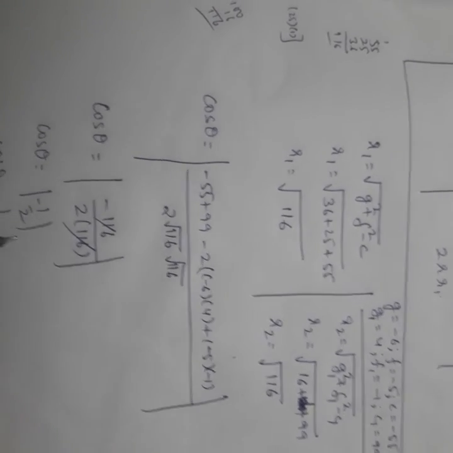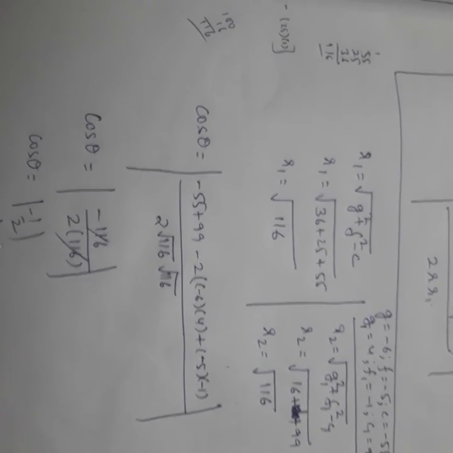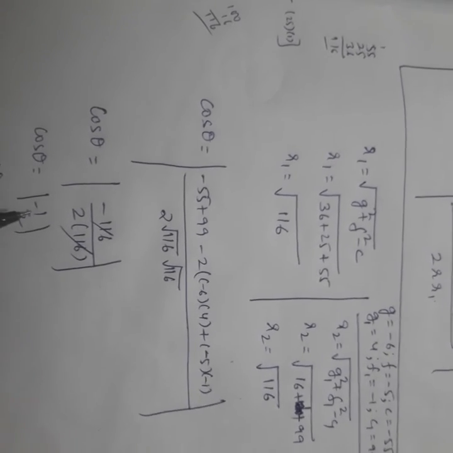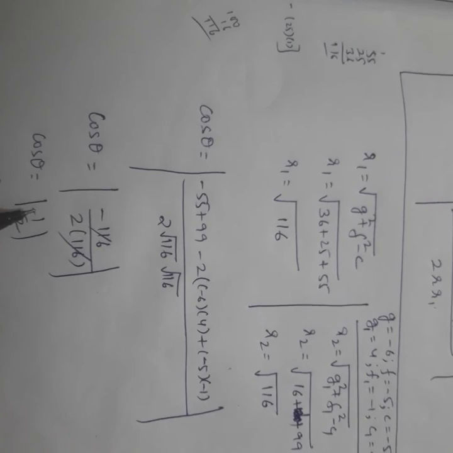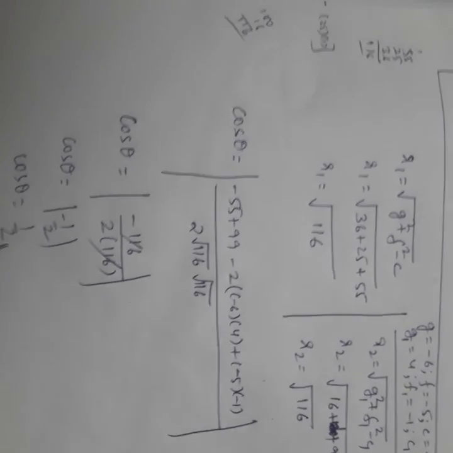We know one thing, that the modulus of a number will never be negative. The same thing we have learned in class 8th. I hope you remember that topic. The same topic I am applying here. So whatever negative value is inside a modulus will become positive. So I am getting something like this: cos theta is equal to 1 by 2.